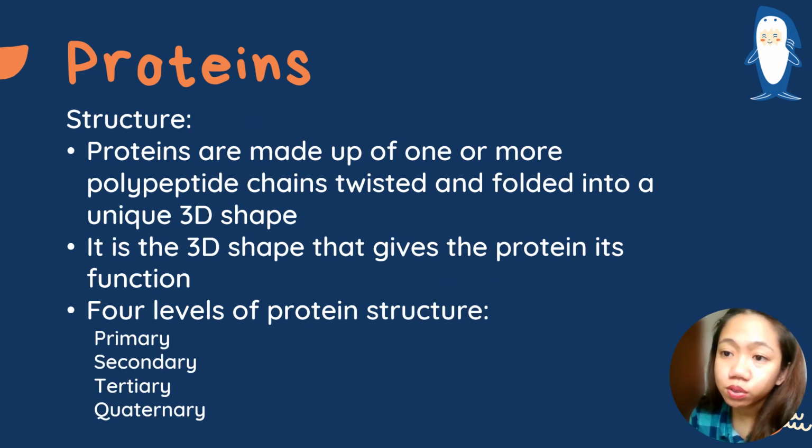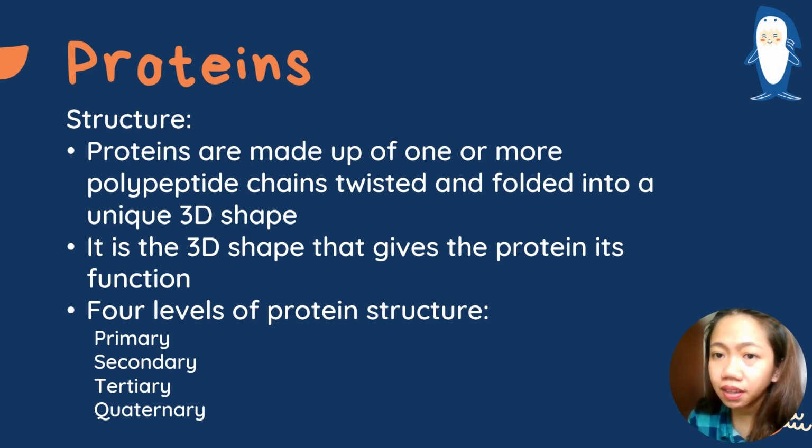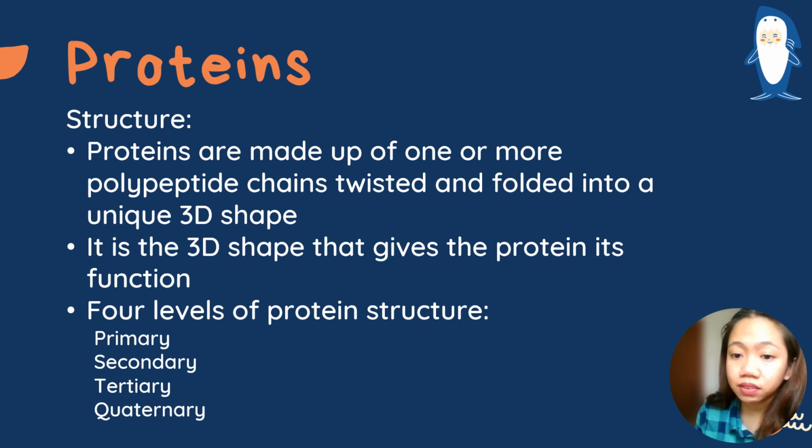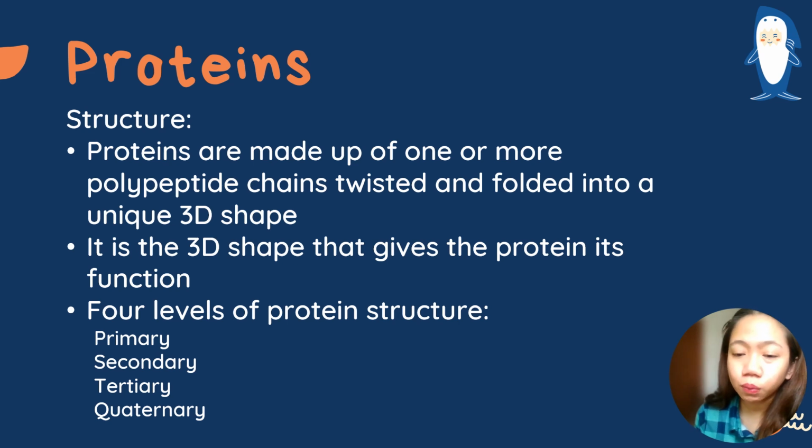Now, in terms of their structure, proteins are actually more complex than what we have discussed so far. Well, it is made up of monomers called amino acids, but these amino acids have different types. There are 20 different types of amino acids, that's the most common, 20, and each of them have their own properties and specific charges within them which interact. That results in a structural complexity which creates a twist and folding within the protein itself, which contributes to a